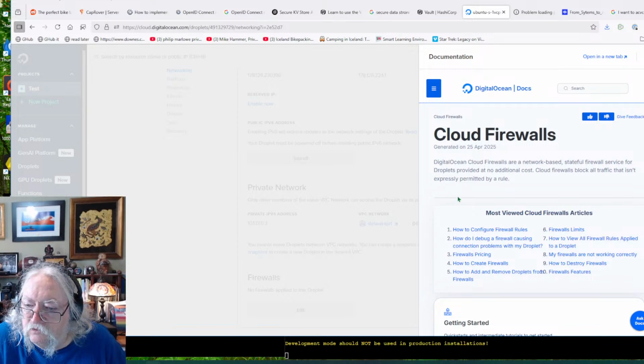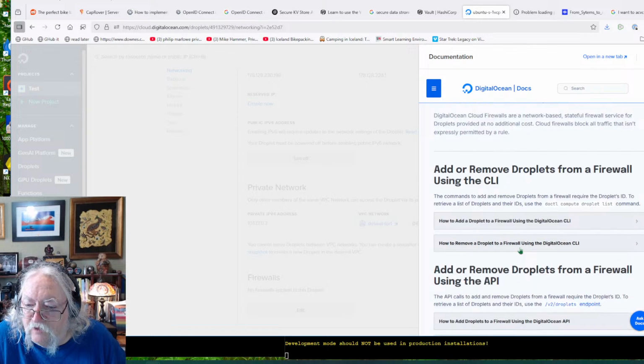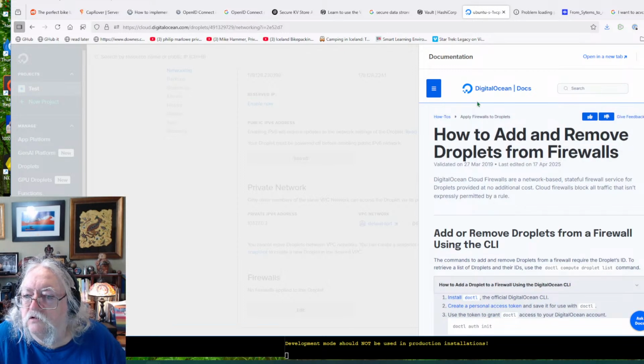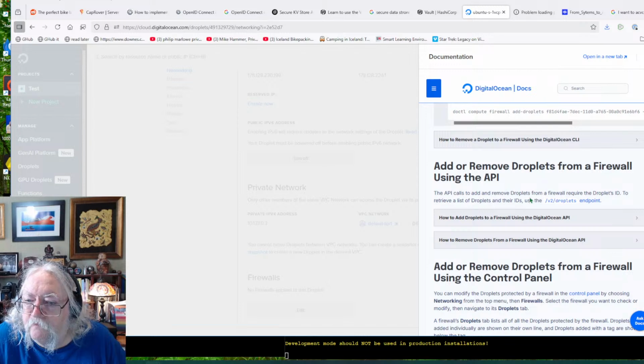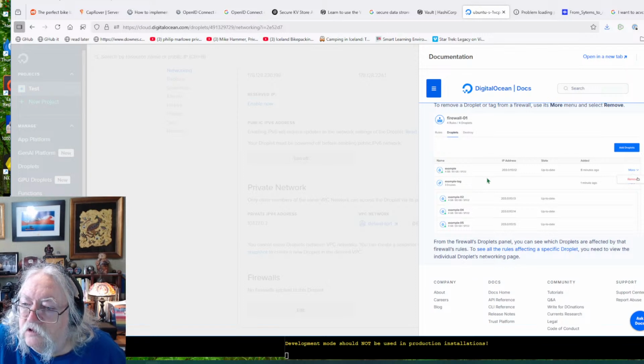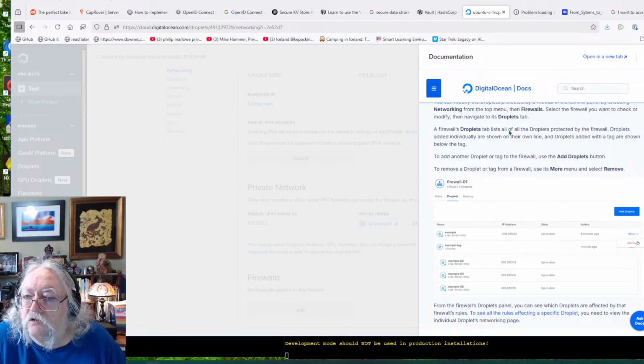How to configure firewall. How to add and remove a droplet to a firewall. Okay. Oh, come on. That's not what I want. Using the API. Using the control panel. Why is that third? Okay. Use its more menu. Oh, that's to remove. To add. Okay,